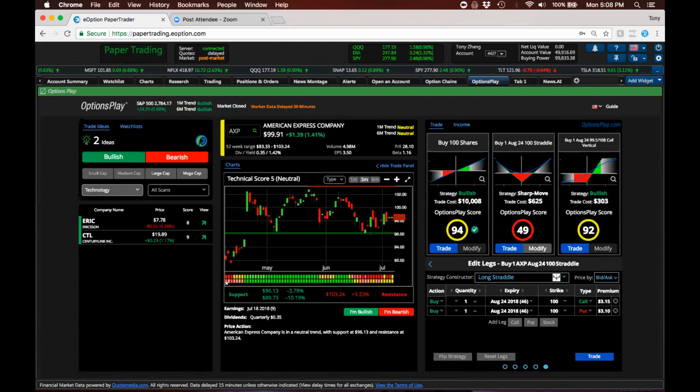However, if you find that the straddle is very cheap and you think the stock's going to make a very large move, so for example, if you think American Express is going to move $10 on earnings, then yes, absolutely, you can buy a straddle. But generally speaking, you're better off picking a specific direction and just buying a call or a put. That's not to say you can't trade the earnings using the straddle, but historically speaking, if you buy a straddle, you're likely going to lose money in the long run.